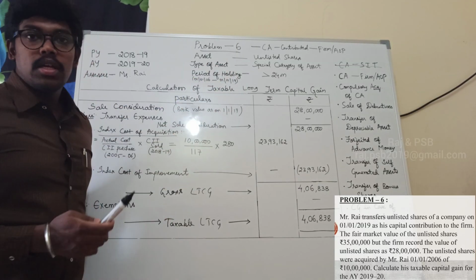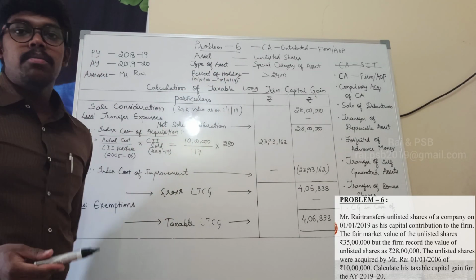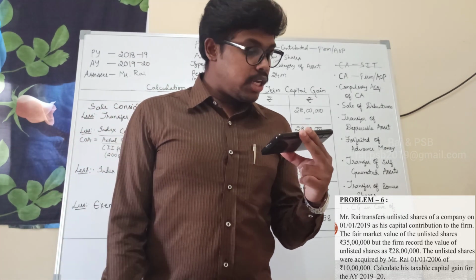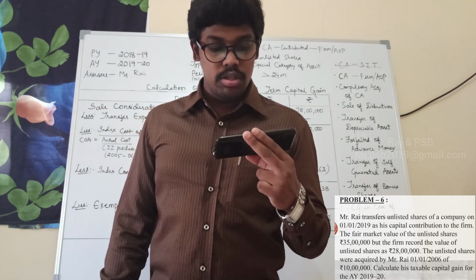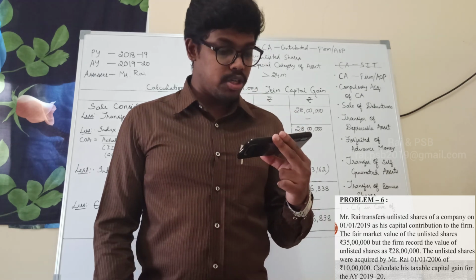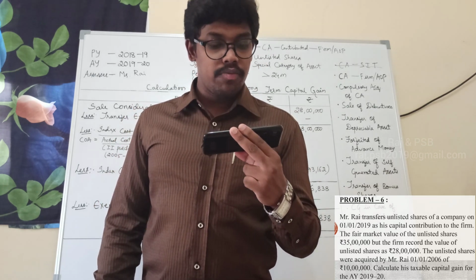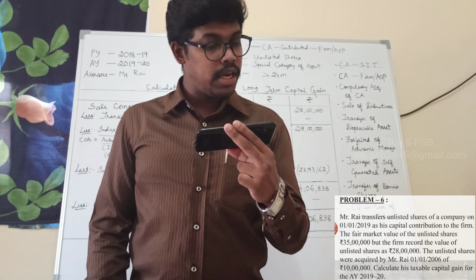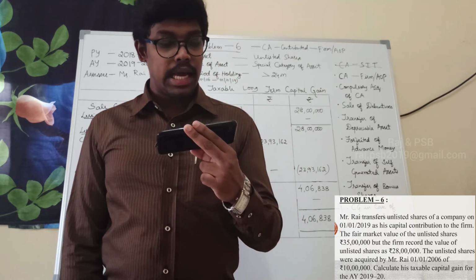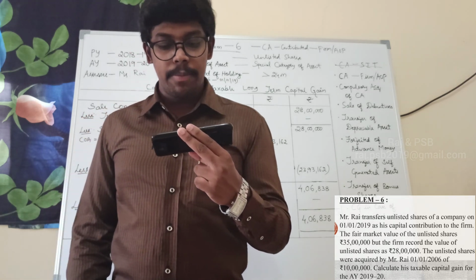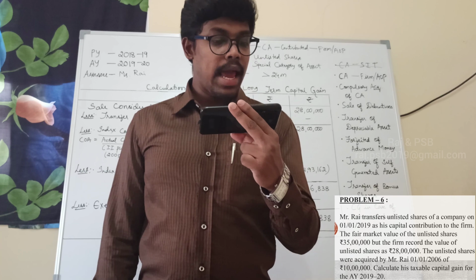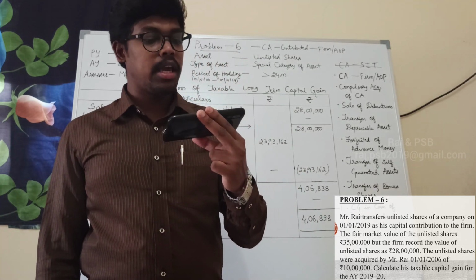Problem number 6. So here the problem says Mr. Wright transferred unlisted shares of a company on 1/1/2019 as his capital contribution to the firm. The fair market value of the unlisted shares is rupees 35 lakhs, but the firm recorded the value of unlisted shares as rupees 28 lakhs. The unlisted shares were acquired by Mr. Wright on 1/1/2006 for rupees 10 lakhs. Calculate the taxable capital gain for the assessment year